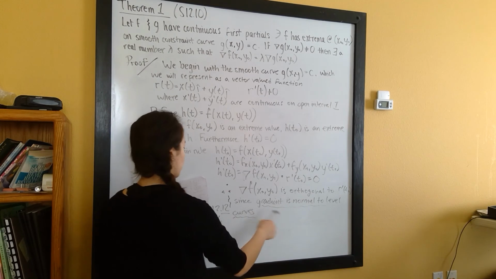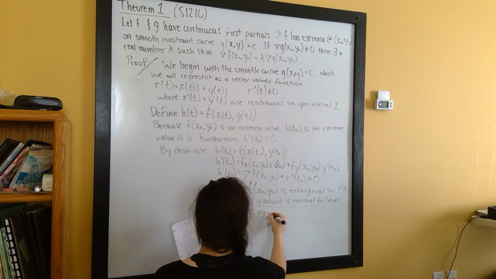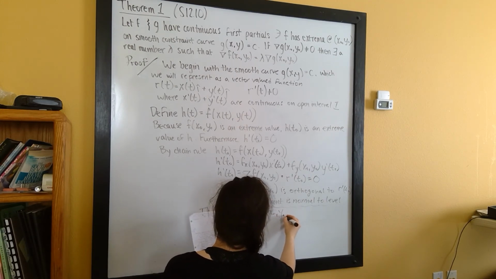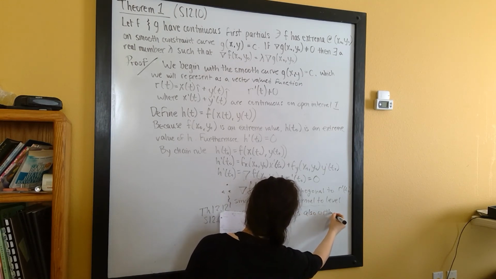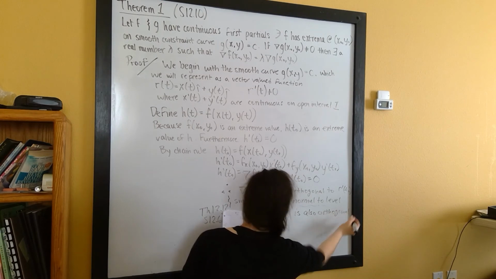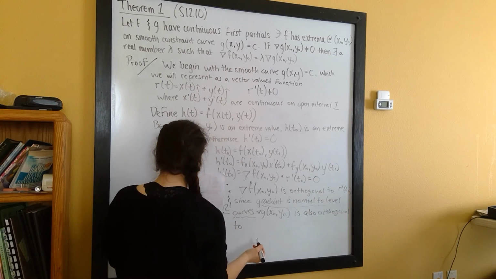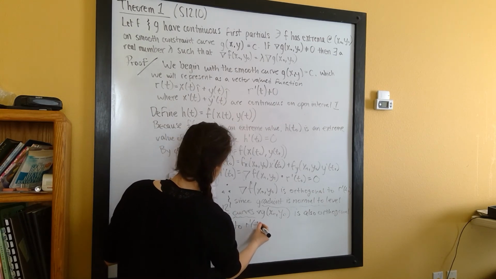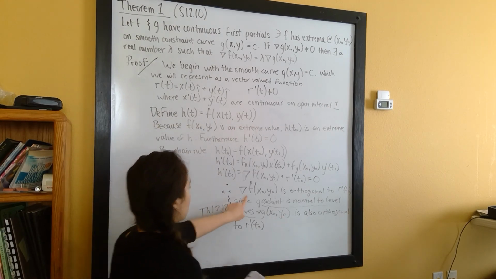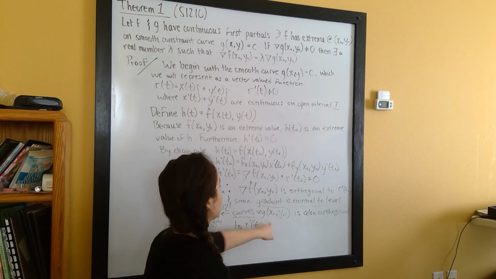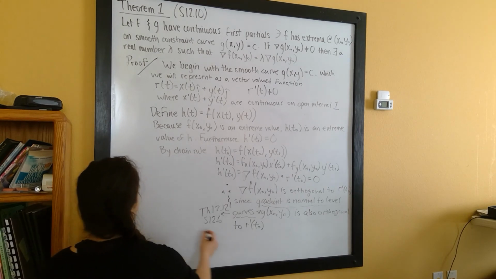So since gradient is normal to level curves, the gradient g of x naught, y naught is also orthogonal to r prime of t naught. Okay, now since both of these gradients are orthogonal to r prime of t naught, then we could say, oh,